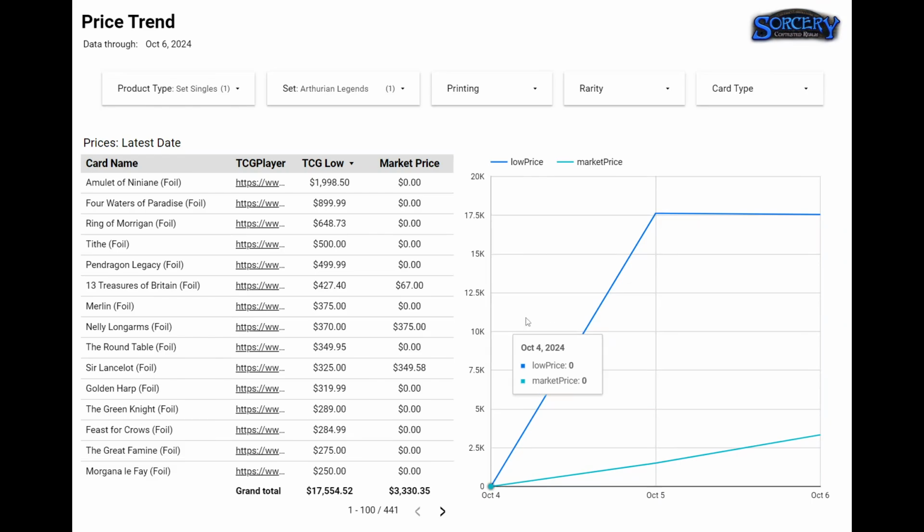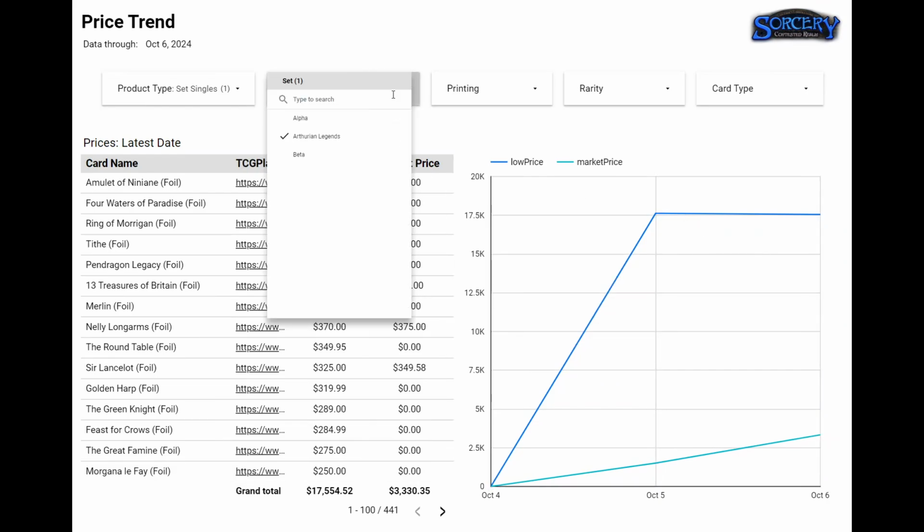So we've only got 3 days of history here, and really this page is going to be super fun to watch over the coming days and weeks because there's going to be a ton of movement on it. Anytime a new set releases, it's very common for prices to be very inflated. That's kind of where we're at right now. But over the coming days and weeks, the price of singles is going to continue to drop. So for those of you that are interested in buying or selling, this could be a great tool to keep track of that. And again, just to look back at Beta as an example,